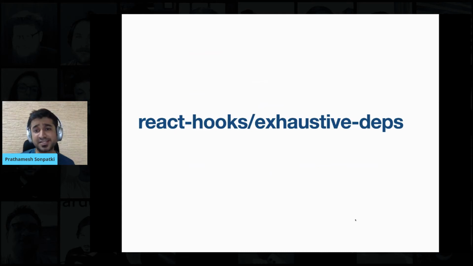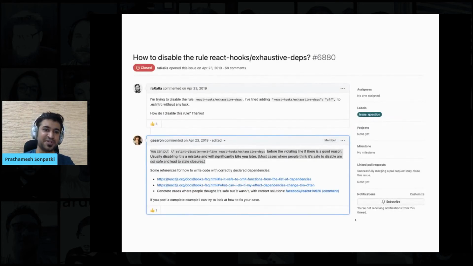There is one more thing that I want to talk about, which helps us a lot, and it is the exhaustive-deps ESLint rule. This rule comes from the React API itself, and most importantly, even if it causes a lot of warnings in our code base, you should never disable it. Even Dan Abramov from the React team says that you should not ignore these warnings, because what these warnings tell us is that you are missing something in your useEffect on which you depend.